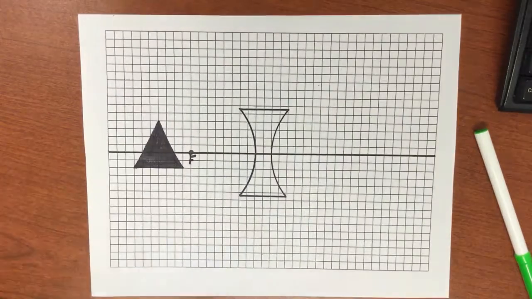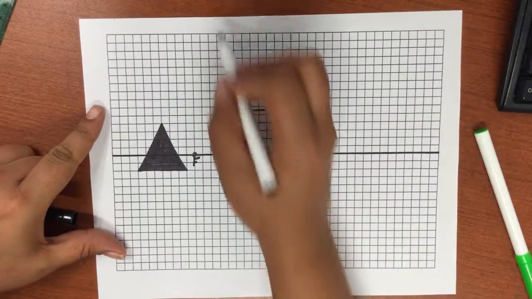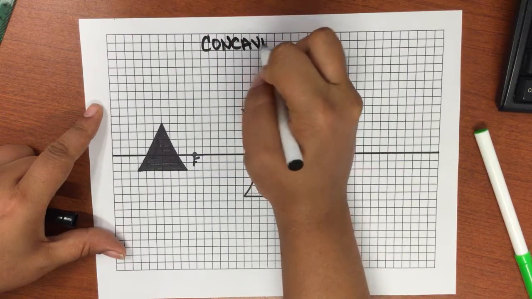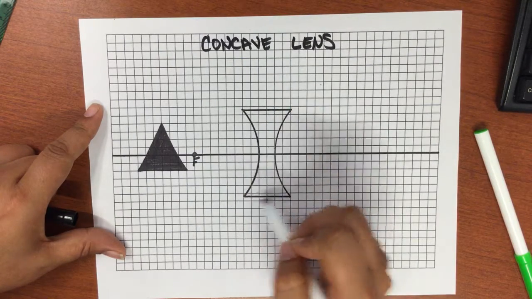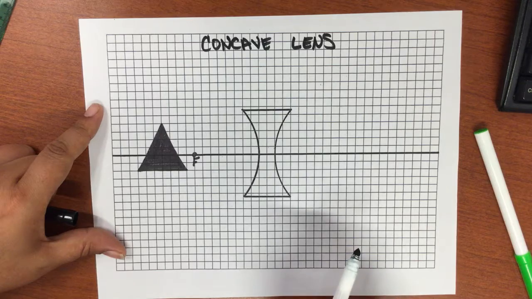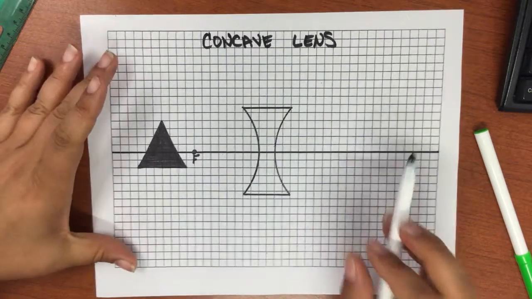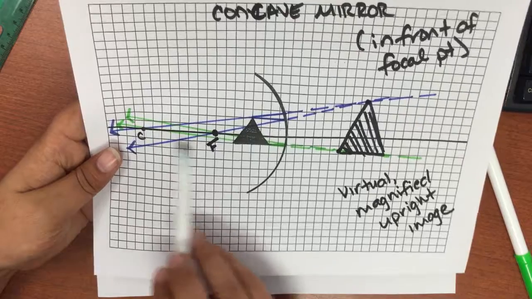Okay, so we've done mirrors. Now we need to do lenses. So here we have a concave lens. We know it's a lens because there's an actual three-dimensional shape. But again, we're going to treat everything the same. Now what's different about lenses is rather than with the mirrors where I gave you the center and you found